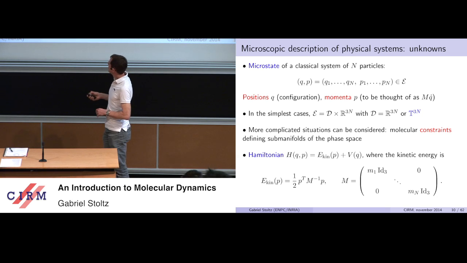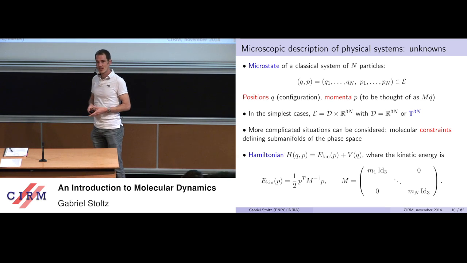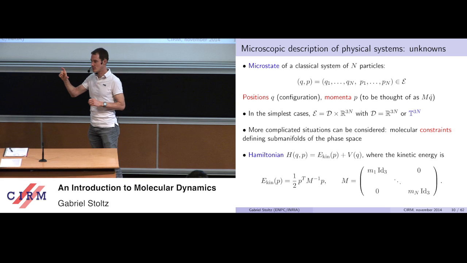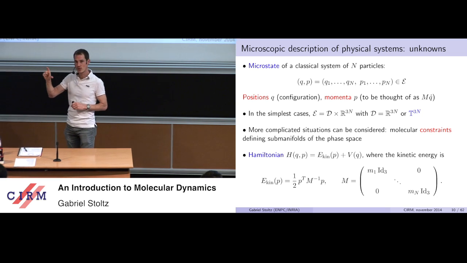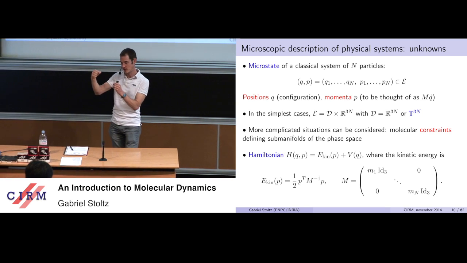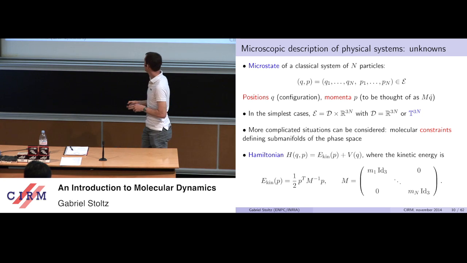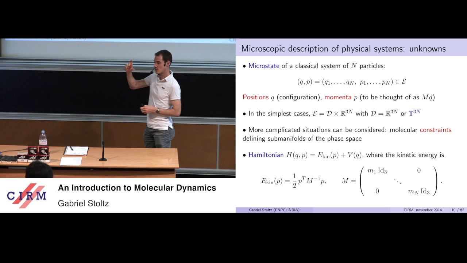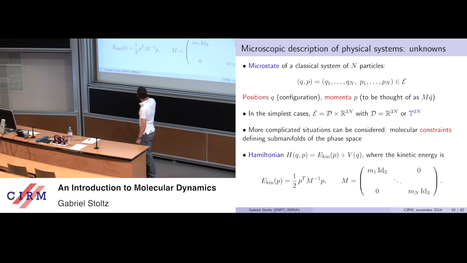Of course, there are more complicated cases when there are molecular constraints. Say if two atoms, instead of resolving a bond vibration, you say, okay, let's assume that the bond is very rigid and that my two atoms are linked by a fixed bond, then you have some molecular constraint because the distance has to remain always constant. And so in this case, not all velocities are allowed because you don't want this distance to change. So this puts some constraints, and you are in fact working on a submanifold of this full space.